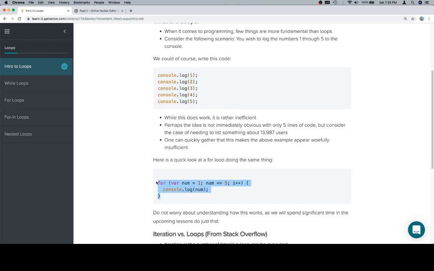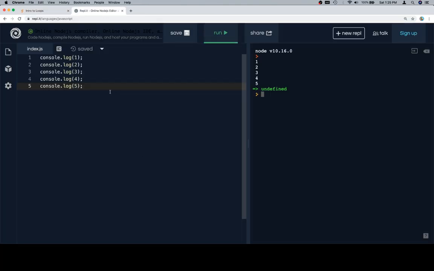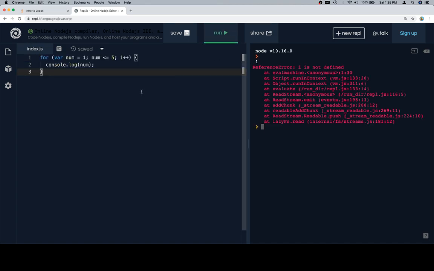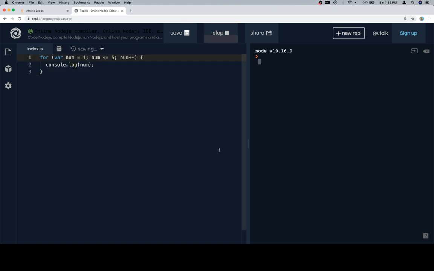So here's a quick example of a loop that's going to do the exact same thing as this. Now don't worry too much about I is undefined. Yep, sure is. Sorry about that. So there we go. Don't worry too much about the syntax of this. We'll go into the syntax of it. It's not that important to know exactly how this is operating, just to consider that, let's say that we had to do this,